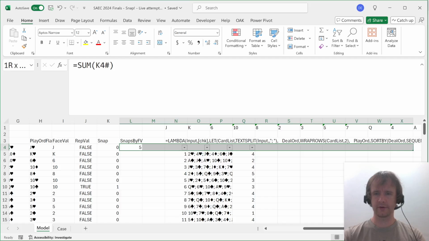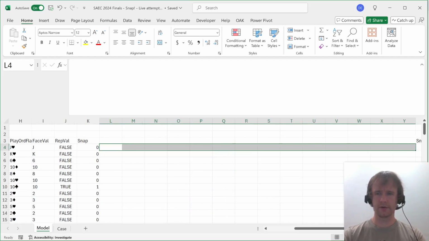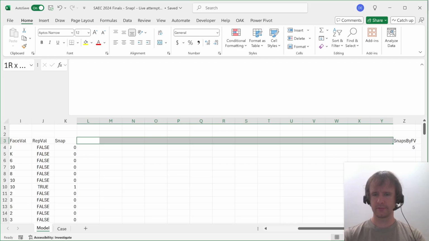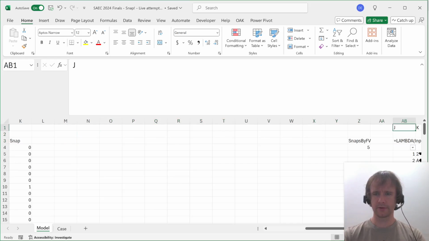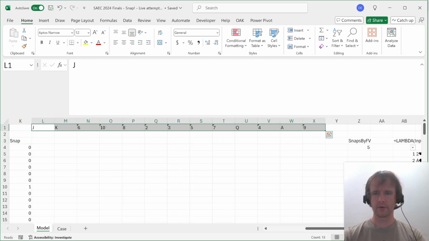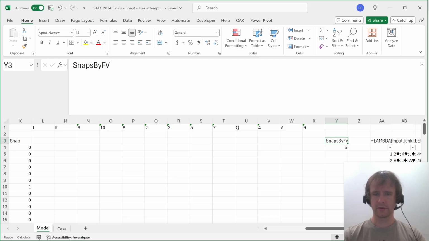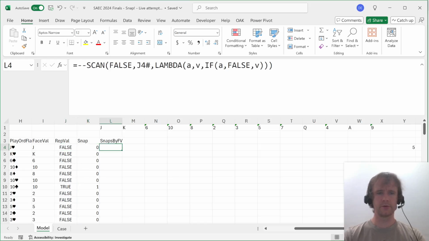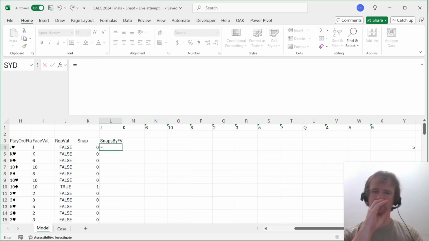Let's just insert a bunch of columns here. Have I done enough? I'm not sure. Let's bring this over and I'll be able to see if I've done enough, I guess. I have. So we'll do this. Then we will do, I can't do a counting. Dang. All right, so what we can do is,